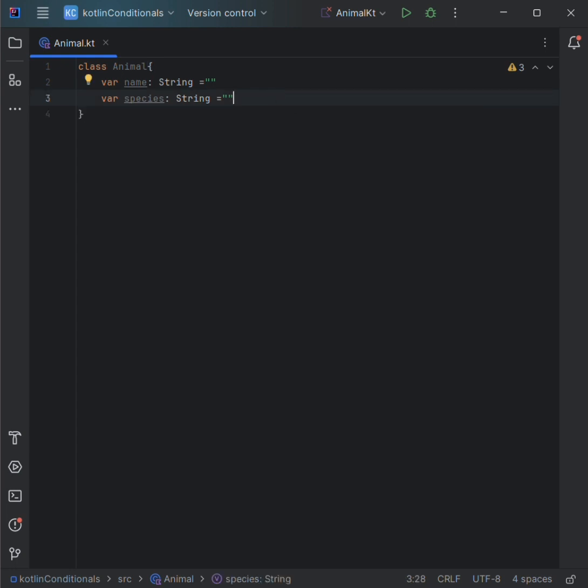We can make it nullable by adding a question mark sign, which means it can hold either a string value or a null.